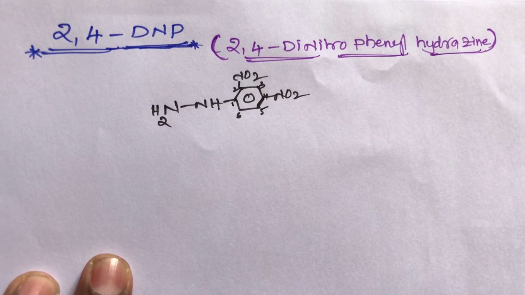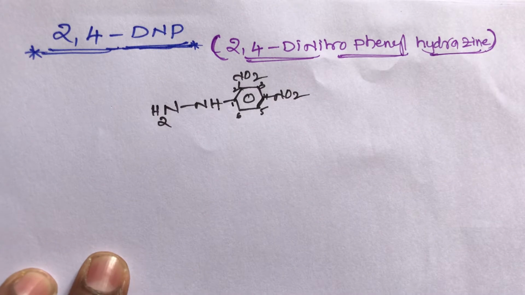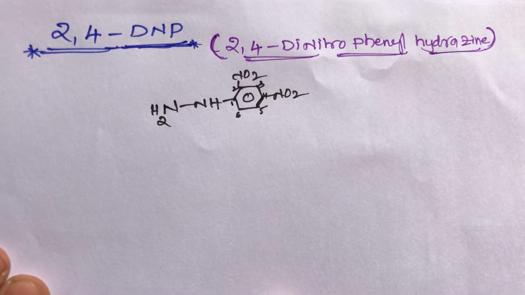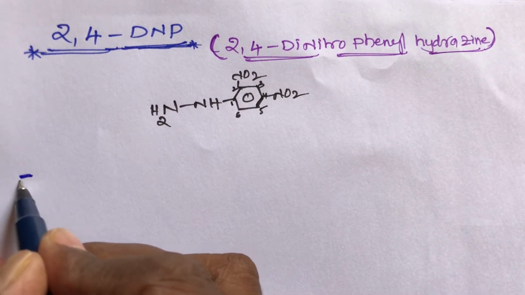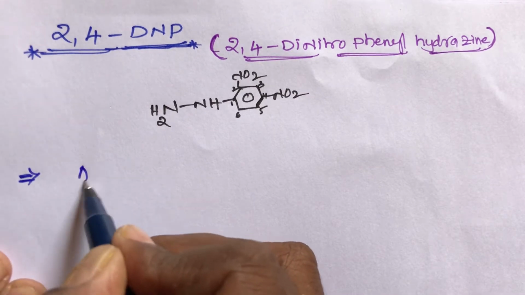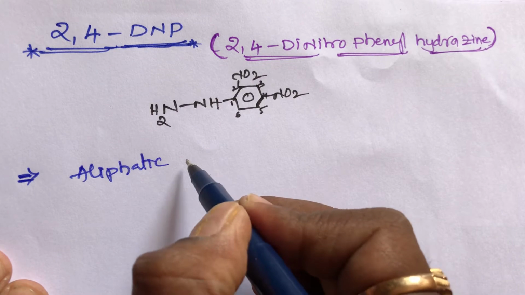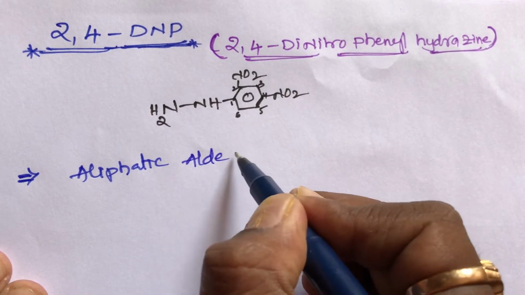So what is the use of 2,4-DNP? What I said, students, is that this is the test for carbonyl compounds. Carbonyl compounds means aliphatic aldehydes, aromatic aldehydes, aliphatic ketones and aromatic ketones. So now take the first point, students. When aliphatic aldehydes